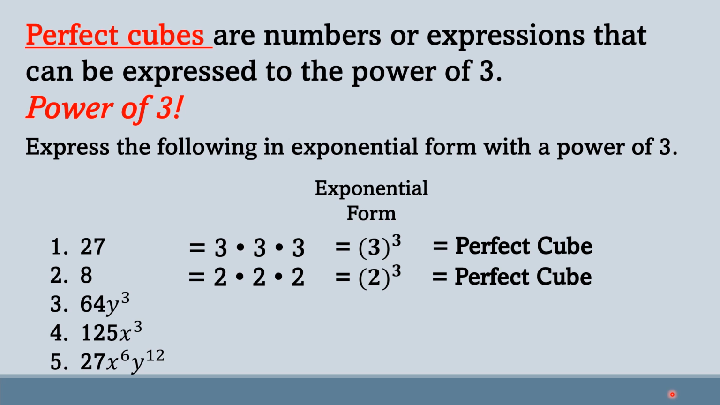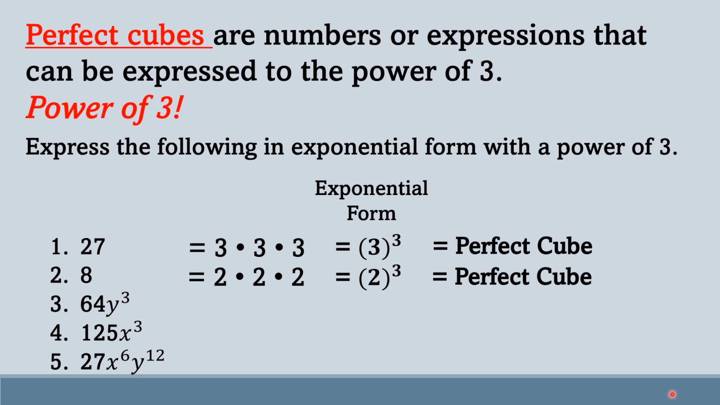This time, we have a numerical coefficient and a literal coefficient. So therefore, we have to consider that too, meaning our literal coefficient and our numerical coefficient must also be a perfect cube. So think of a number or expressions that if we're going to multiply 3 times by itself, the result is